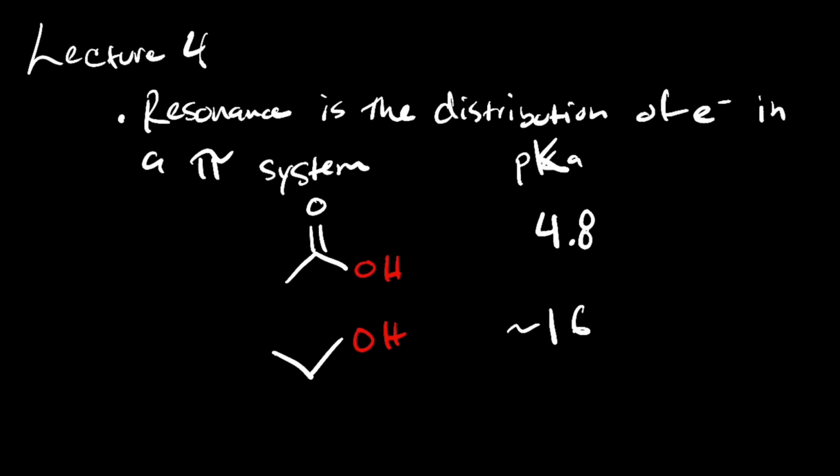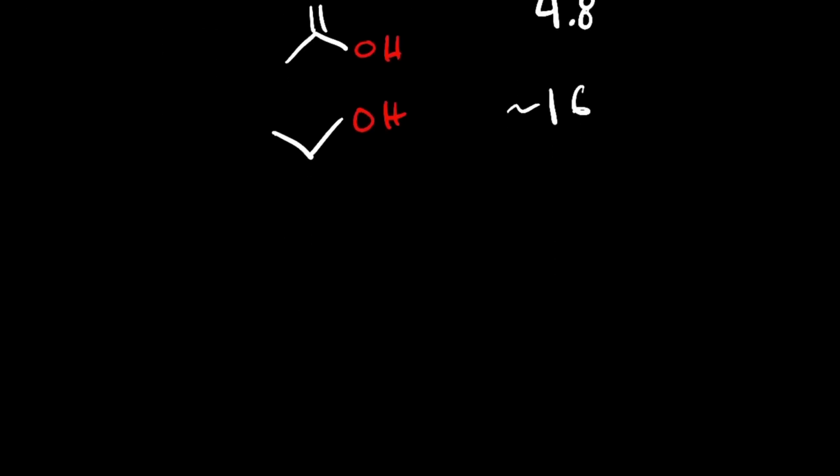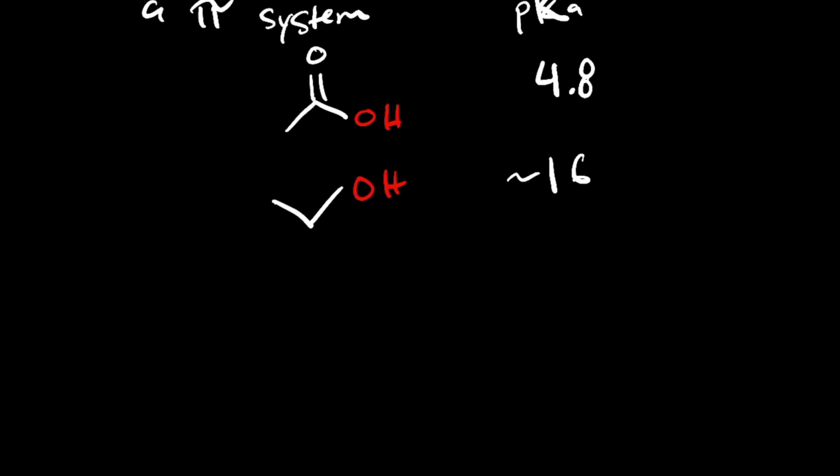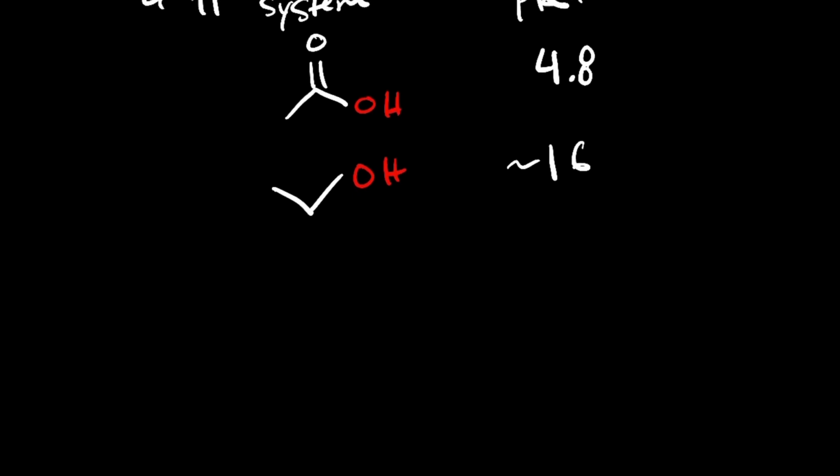And we had discussed, of course, that the reason the acetic acid pKa is so much lower is because of the electrons here. You have some lone pairs, of course, lone pairs here as well, but one of the things with electrons is, they can move. So you have lone pairs over here, right? And these electrons, because they can participate in a pi system, if this goes down like that, right? So there's a pi bond here, a pi cloud here. This is obviously a pi cloud because there's a double bond there. So it can actually form a resonance structure